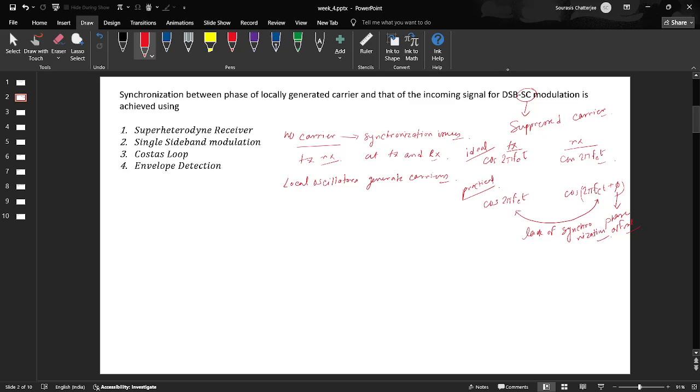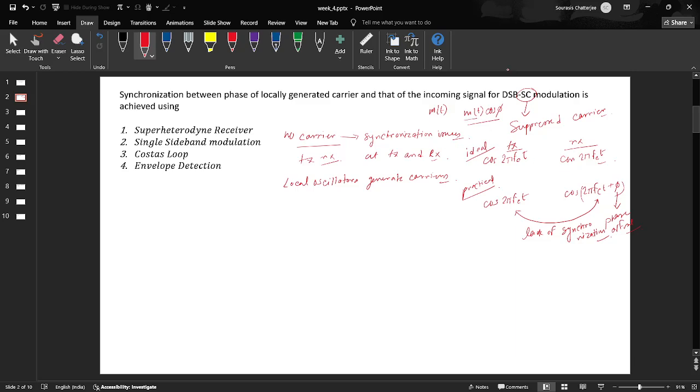And we have seen in the last session that such a phase offset is going to distort the message signal that you transmitted. At the receiver end, while demodulating your message, instead of getting m(t), you will be getting m(t) cos phi, which you can visualize as somewhat of a rotated and distorted version of